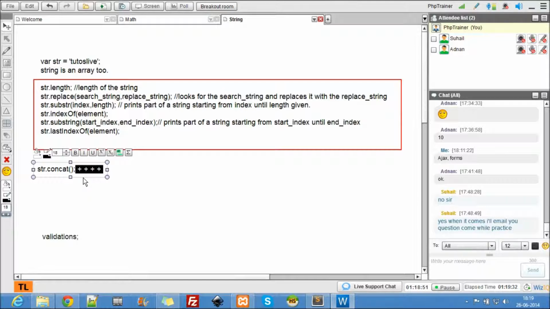Why use a predefined function for that when you can use plus? The options are string 1, string 2, string 3, etc. But there is one more important thing here, which is str dot split.